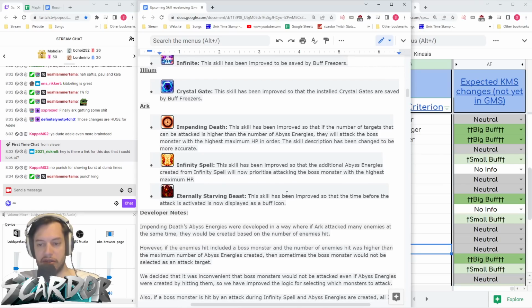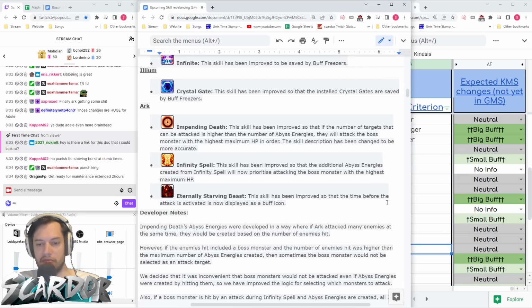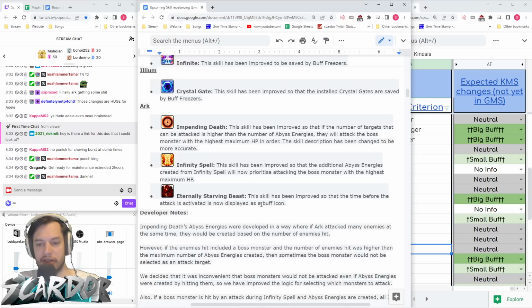Eternally Starving Beast, the skill has been improved so that the time before the attack is activated is now displayed as a buff icon. I wonder if this will mean that the attack will actually activate. Because if you put a beast down and you don't use any skills, the attack just goes away, even though the attack specifically says using